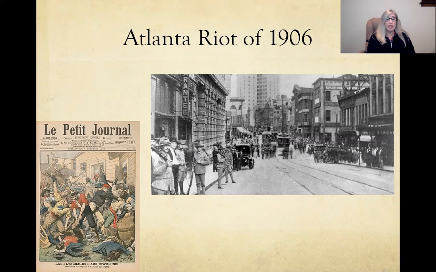Look at the image in the bottom left. This is the front page of a French newspaper that's showing this race riot in downtown Atlanta. So we're in 1906. This is long beyond the pre-Civil War days. And you've still got this very violent streak and this further division between the races in downtown Atlanta. You can see the military officials have been called out. The National Guard's been called out to maintain order in downtown Atlanta. And this is down on Decatur Street, kind of, again, near Georgia State University, where this race riot would have